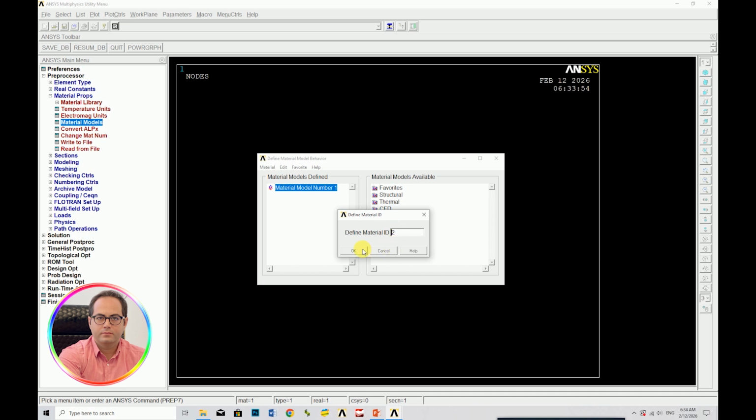Click on OK to define material ID 2. The right side of the material models window is a menu tree that lists the available material models organized by physics, linearity, and